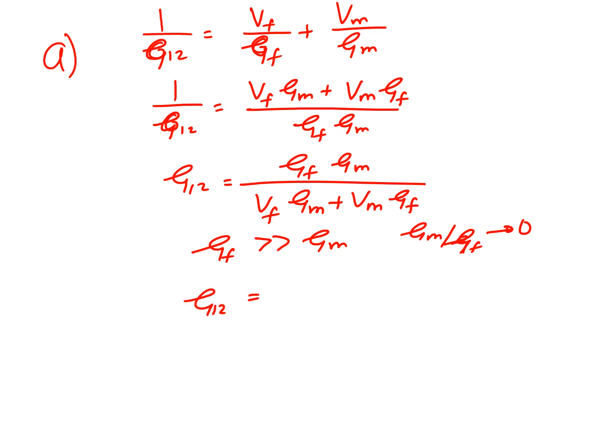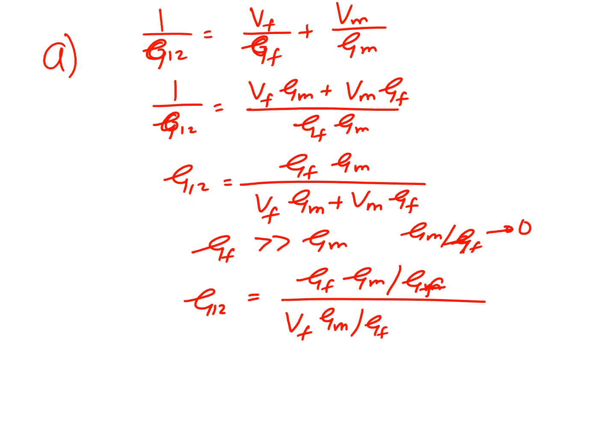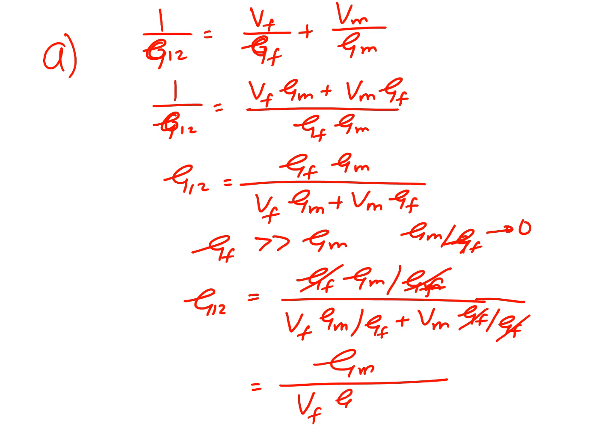So what we're going to do is, for G12, divide both the numerator and denominator by GF. So we'll have GF GM, and we're going to divide the numerator by GF, and then we're going to do the same thing here. We're going to say VF GM by GF plus VM GF by GF. So we're dividing the numerator and the denominator by GF. So this and this cancels. This and this cancels. So we have GM divided by VF GM by GF